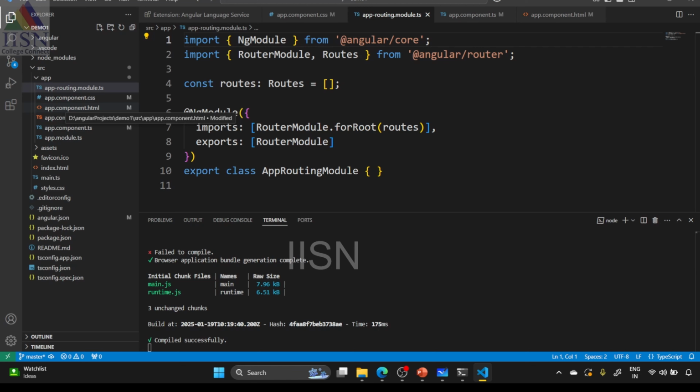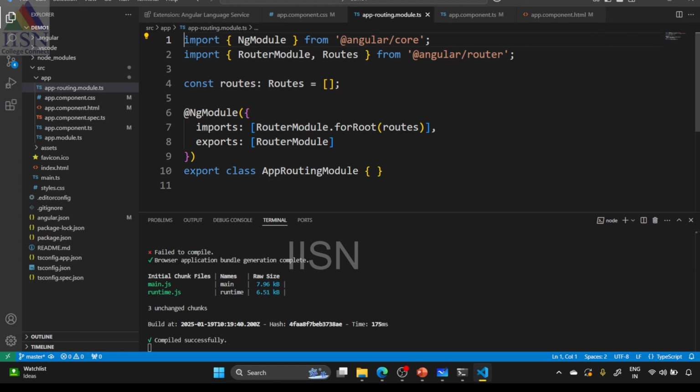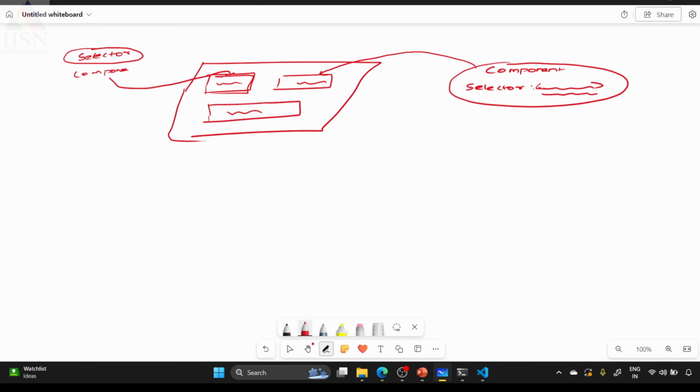Let's see what the routing file is. Okay, so this routing file will contain the details about the endpoints. So for example, here you see